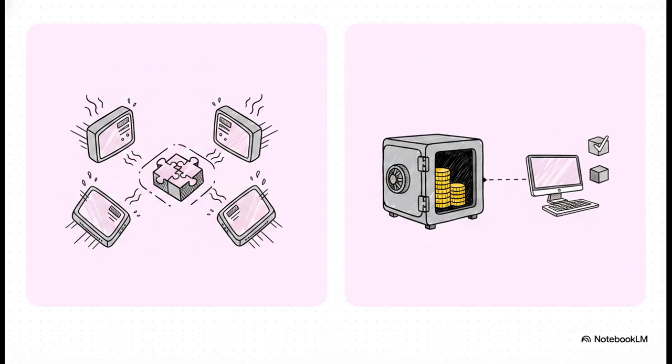Proof of stake, on the other hand, is a more modern approach used by networks like Ethereum. Here, validators are chosen based on the capital they've staked or locked up in the network. There are no massive mining rigs needed, just financial commitment. But at the end of the day, both methods achieve the exact same goal: decentralized truth.